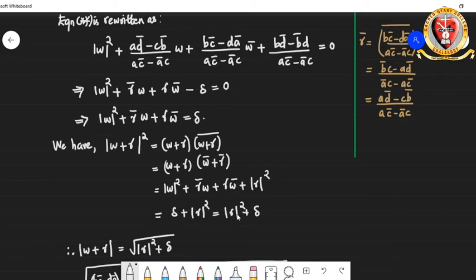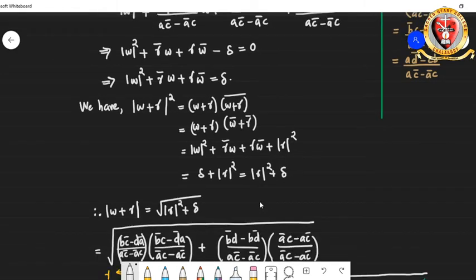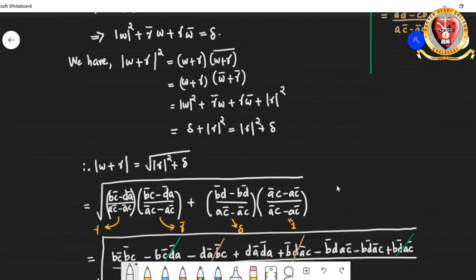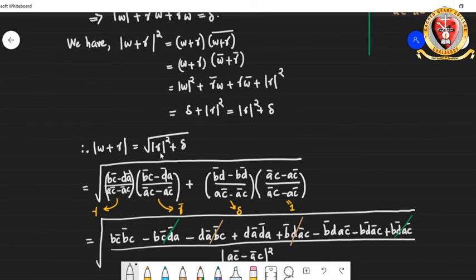Okay, so you get that is equal to modulus of gamma square plus delta. Now keep in mind that we want to get a circle from here, because we earlier got the straight line. Modulus of w plus gamma is equal to the square root of what we got here. Then you just substitute: modulus of gamma square is nothing but gamma into gamma bar, and substitute for gamma, gamma bar and delta,